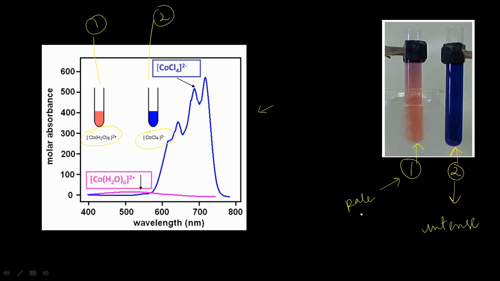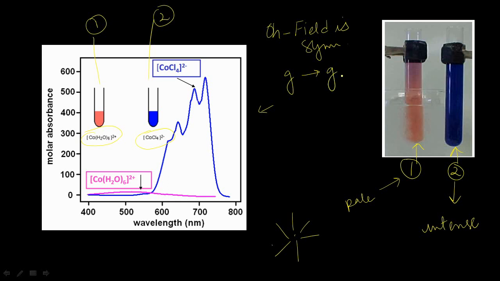So what happens in an octahedral complex? The field is symmetrical, so a g to g transition takes place, d to d. Although it is forbidden, this transition is forbidden. This should not give any color at all. But what happens is